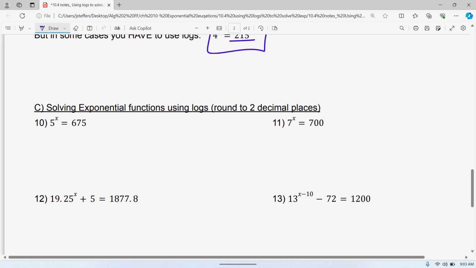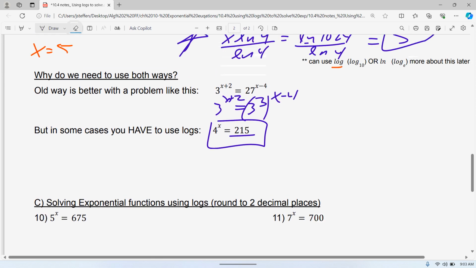And also, to end with, I don't care which way you use. So on a test, when you get to a problem like this, if you want to use it the natural log way that we're going over, you totally can. That's up to you. So if you just want to use your calculator on all of them,